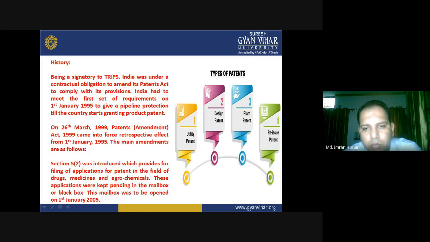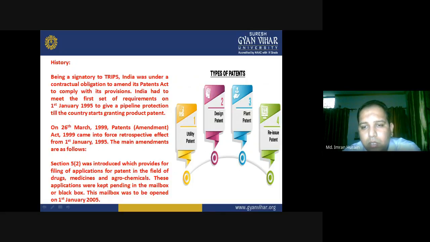So here you can see types of patents. We have utility patent, design patent, plant patent, reissue patent, and then the patent is renewed. A utility patent depends on the invention of any machinery or device that can be very utilitarian for individuals. Design patents, right? Something that has been engineered, or a circuit diagram that is a totally new innovation, should be a design patent.